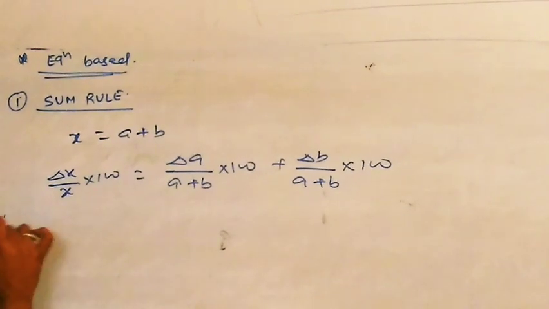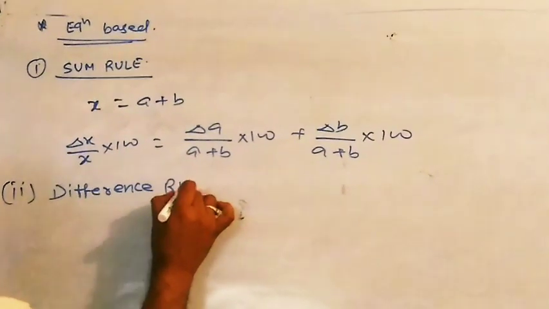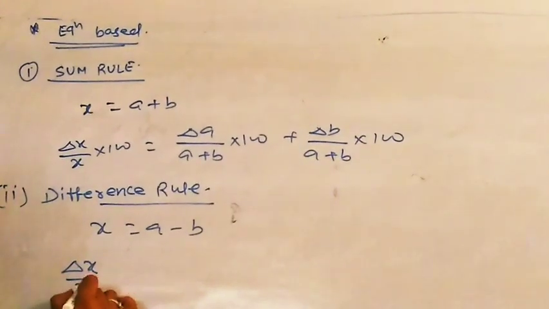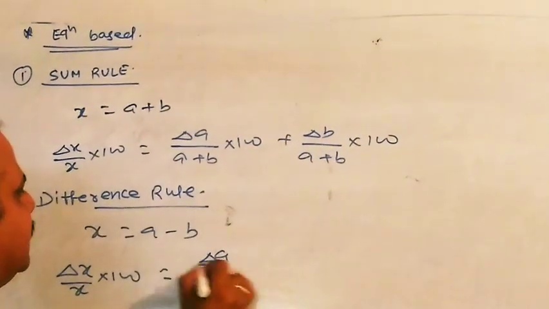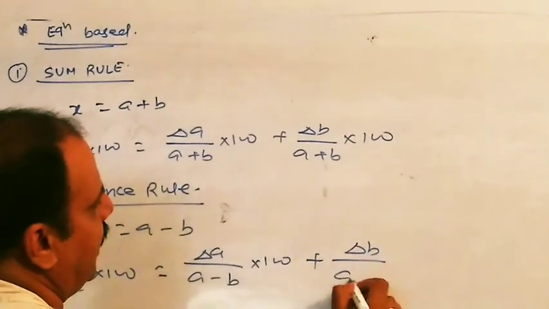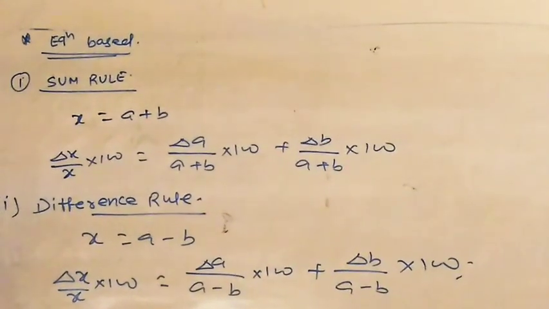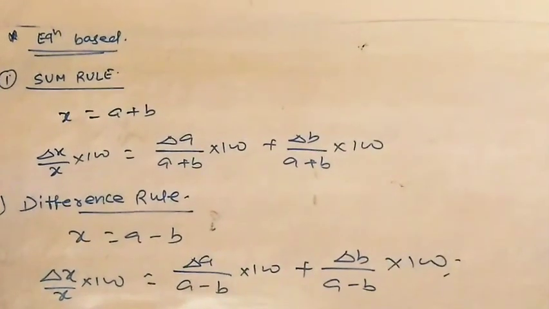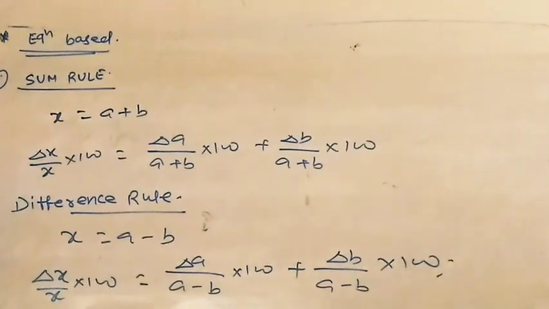Difference rule, x equal to a minus b. So delta x by x into 100 is delta a by a minus b into 100 plus बीच में फिर से delta b by a minus b into 100. Always plus. Because error means we have to find the maximum permissible error, and maximum error हमेशा सम करने से मिलेगा, because error पॉजिटिव नेगेटिव दोनों होता है। डिफरेंस जहां आ रहा है माइनस आ रहा है, नेगेटिव एरर लेंगे प्लस हो जाएगा, तो मैक्सिमम एरर मिलेगा।